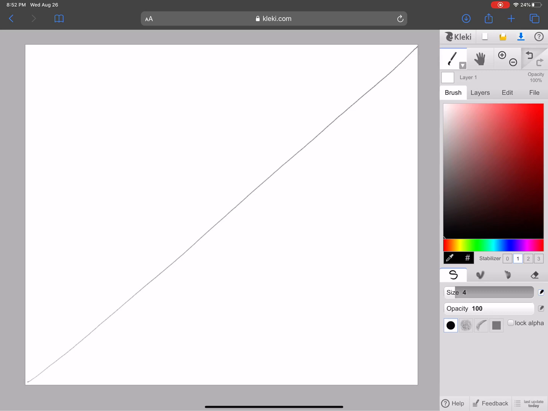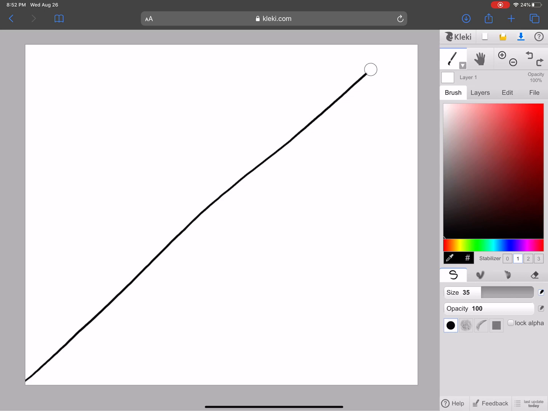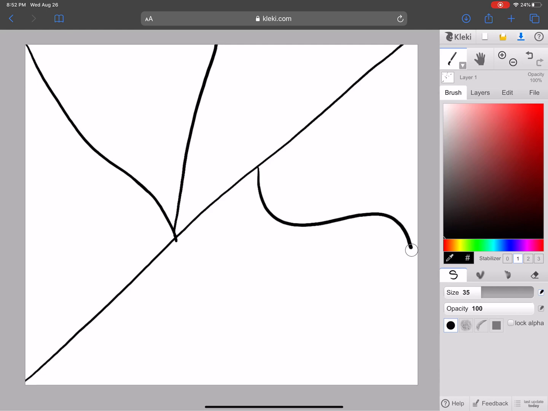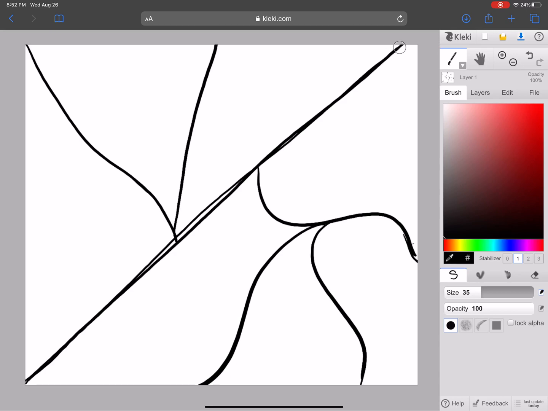separate the canvas, the workspace, into 7 random sections. They don't have to be in any kind of specific shape or anything like that. You just have to separate into 7 different sections. So I have 1, 2, 3, 4, 5, 6. I have 7 there. And then I'm going to decide